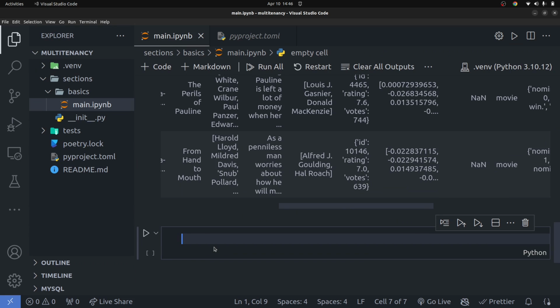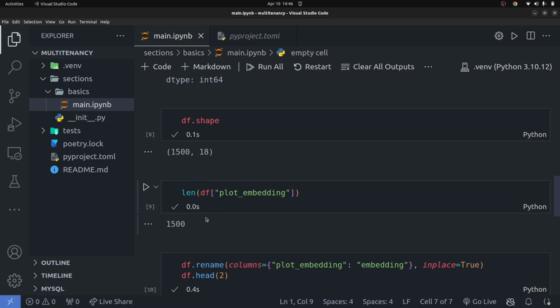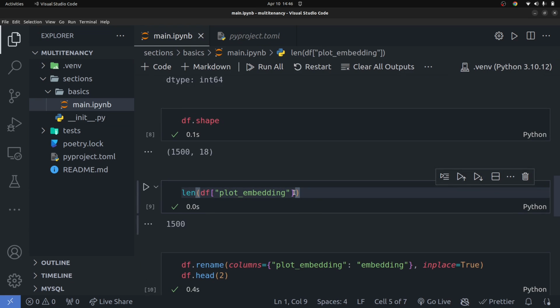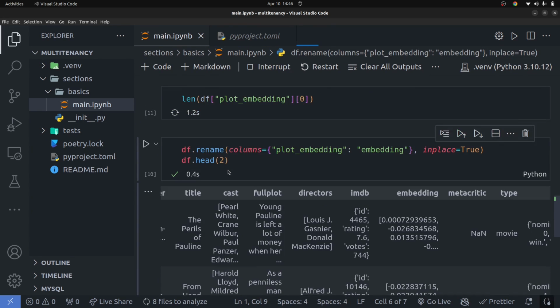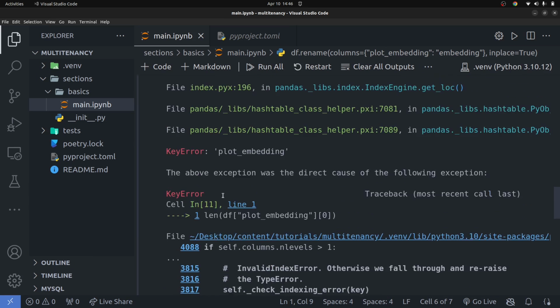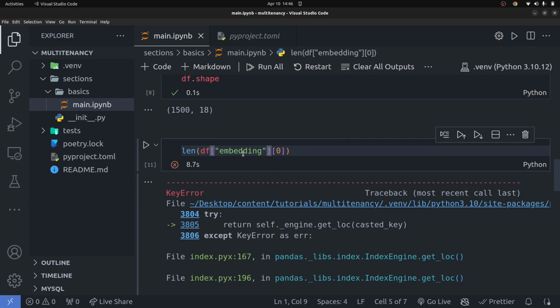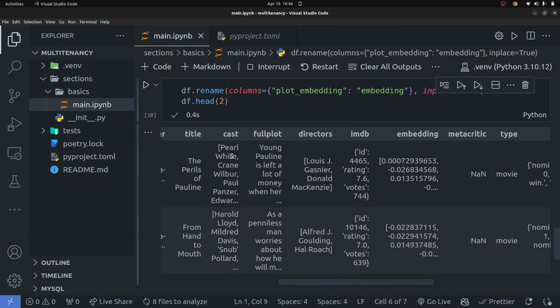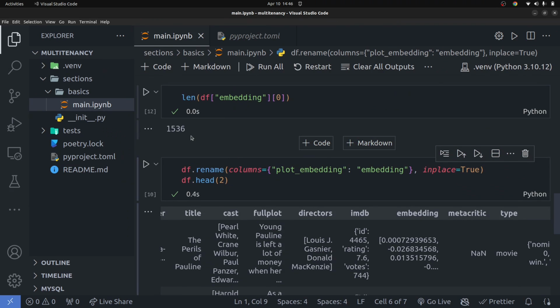Okay, so once we have this done, we also check the length of this. Actually what I want to do is just check the length of one specific embedding, not all the embeddings. One specific embedding should give me the dimension of the embeddings that were used for this. Now we changed it, so it's not going to work anymore because it's now called embeddings and not plot embeddings. If I run this now, it should return to me the length of each individual embedding. You can see it is